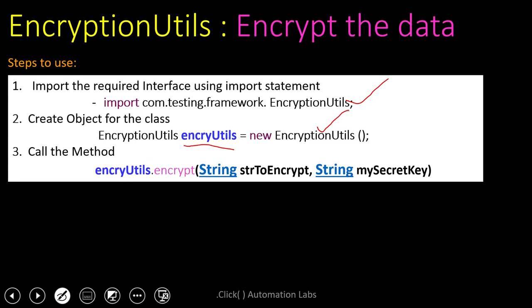This is the encryption utilities class, and this is my object name. This object name dot will have the encrypt method, which takes two parameters.